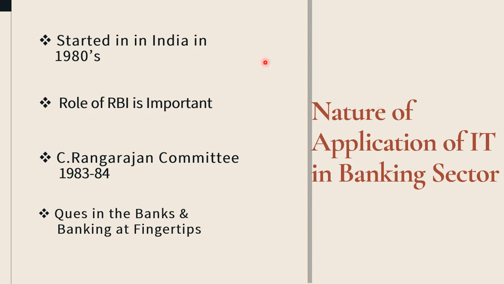It is about how we apply information and communication technology to the banking services. When we provide internet connectivity to the computer system, then we can send that particular stored data in the computer to other